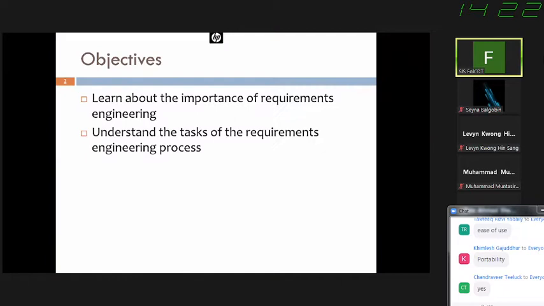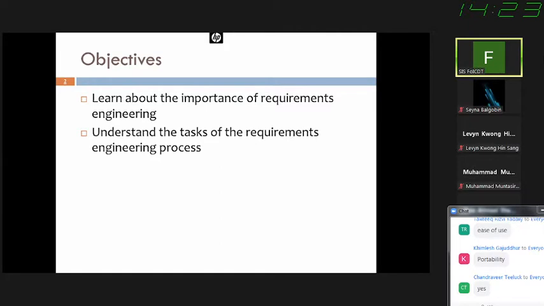So in terms of objectives, we have to learn about the importance of requirements engineering. We really need to learn about the importance of requirements engineering and understand the task of the requirements engineering process. It's not a very lengthy chapter, it's a small chapter, I think 29 slides, if I'm not mistaken. It's not going to be long, but let us concentrate on this and try to understand the concepts